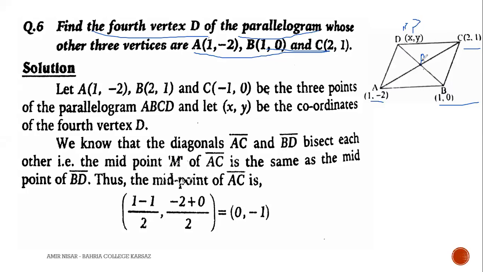If anyone knows something about bisection or bisect, raise your hand and share your understanding with me. Hasnain, what is your understanding regarding bisection? Hasnain, can you listen to me? Yes, sir. Sir, when two lines meet at one point, I mean two line segments, and they meet at one point, and both lines make one point, it is known as bisection. अच्छा ठीक है, मैं explain करता हूँ इसको आगे.